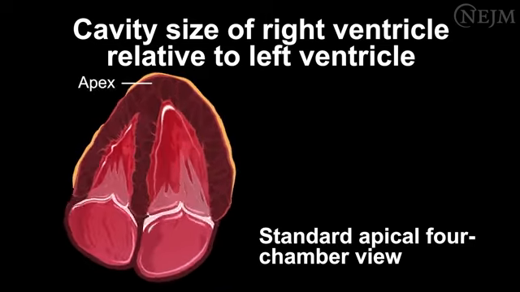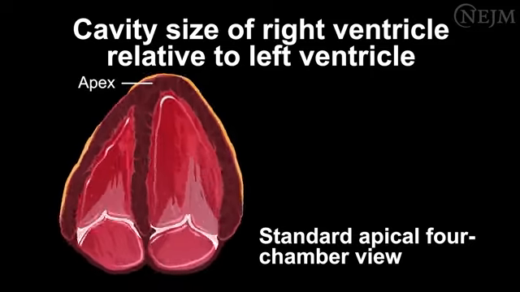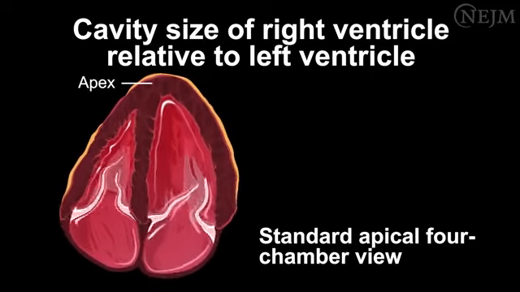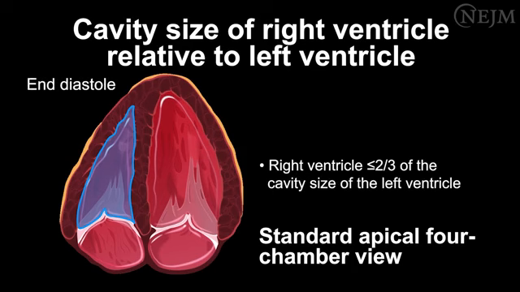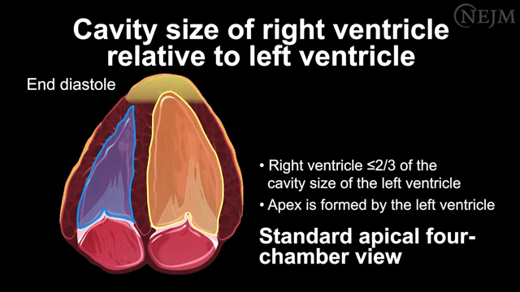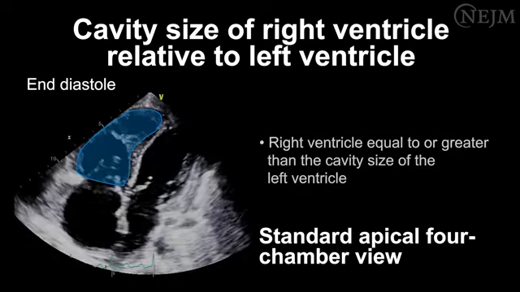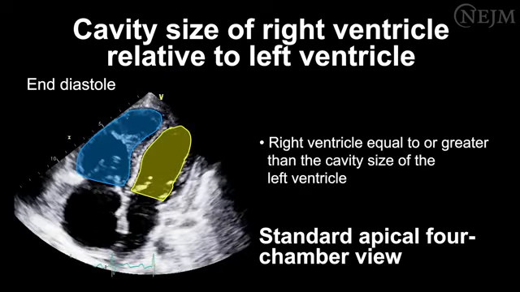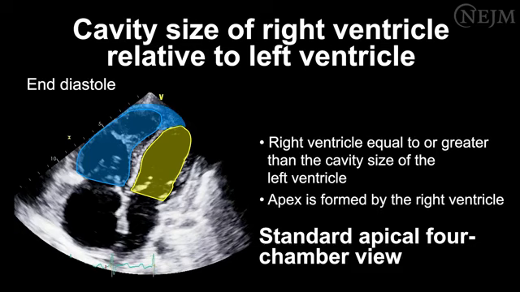In addition, identify the apex of the heart and assess whether it is formed mainly by the left ventricle or the right ventricle. When the size of the right ventricular cavity is less than or equal to 2/3 the size of the left ventricular cavity, and the left ventricle forms the apex of the heart, then the right ventricular cavity size is normal, suggesting normal preload and afterload conditions. When the size of the right ventricular cavity is equal to or greater than the size of the left ventricular cavity, and the apex is formed by the right ventricle, then the right ventricular cavity is enlarged, indicating excessively increased